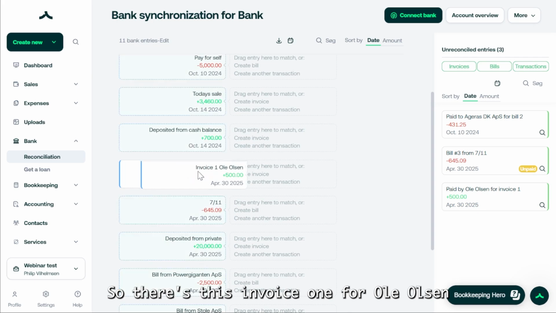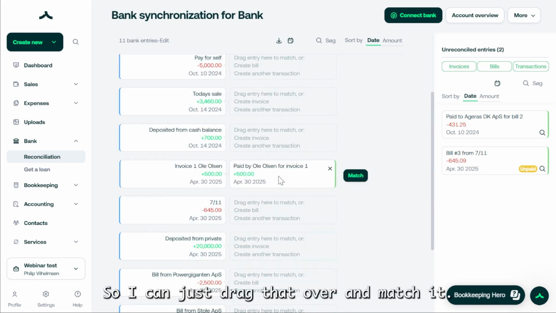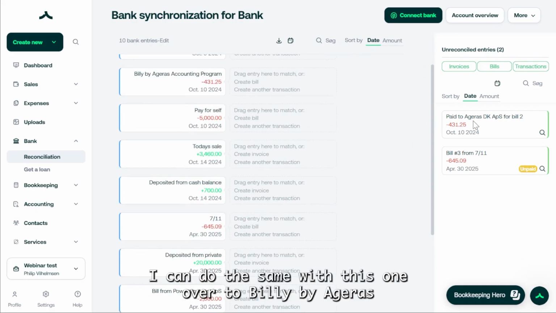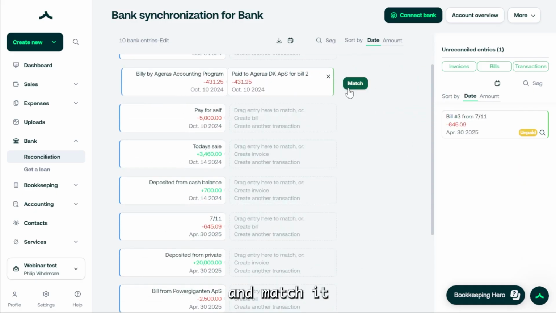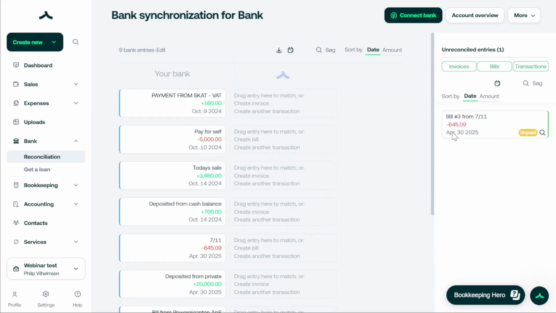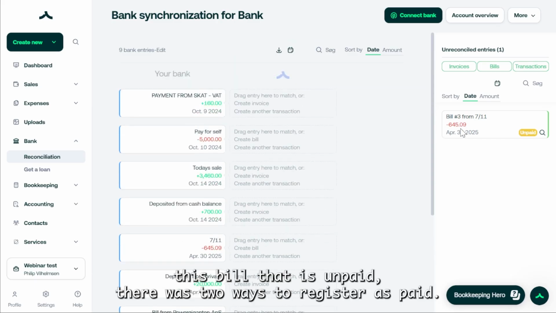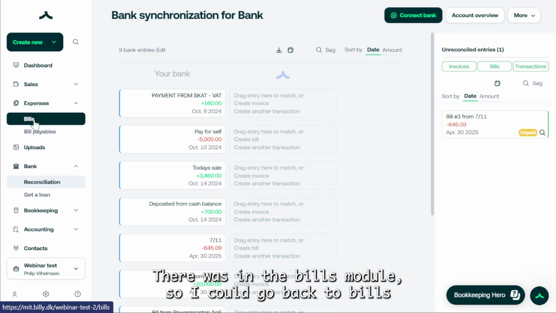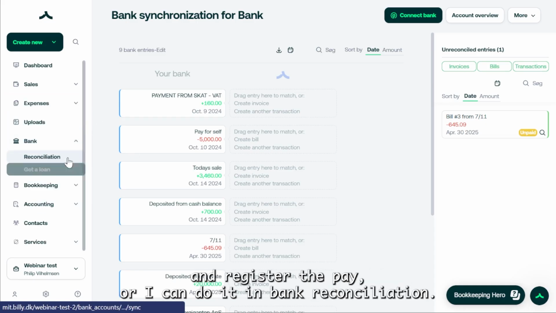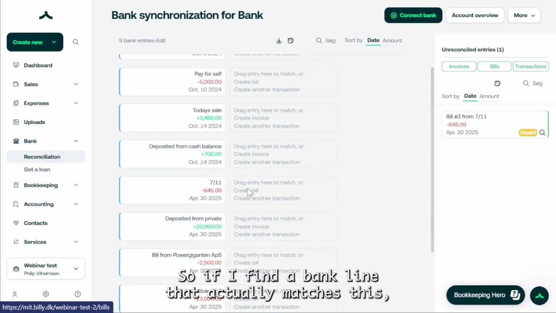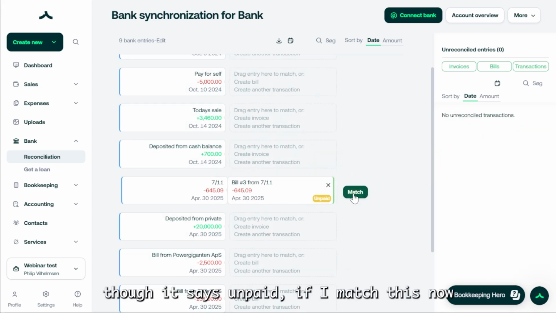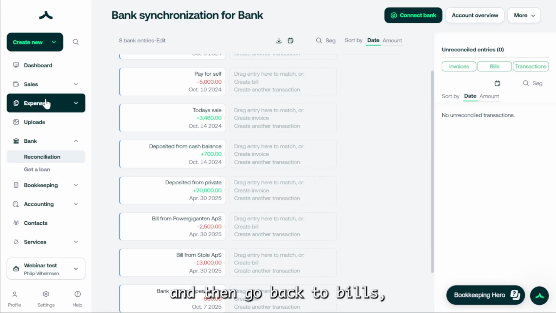So there's this invoice for Ole Olsen, so I can just drag that over and match it. I can do the same with this one over to Billy Biogators and match it. Now, I told you that this bill was unpaid, and there were two ways to register it as paid. There was in the bills module, so I could go back to bills and register it as paid, or I can do it in bank reconciliation. So if I find a bank line that actually matches this, then even though it says unpaid, if I match this now and then go back to bills,